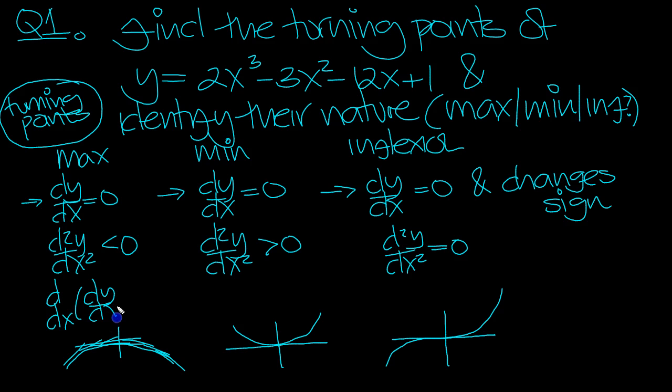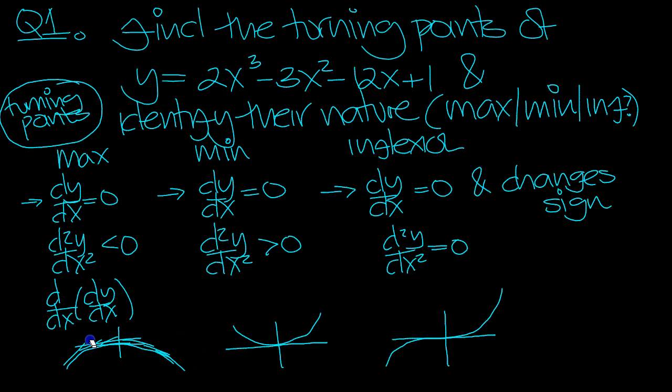So instead of us writing the second derivative in this cumbersome way, we just use this notation to denote the second derivative. So can you say, because the gradient goes from positive value to negative, that the second derivative, that's the rate of change of the gradient, is decreasing, is negative. Yeah. Similarly, if you look at this one,